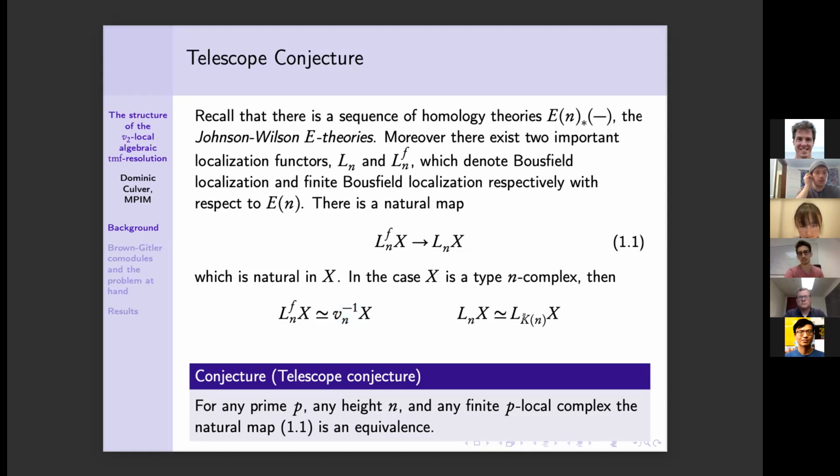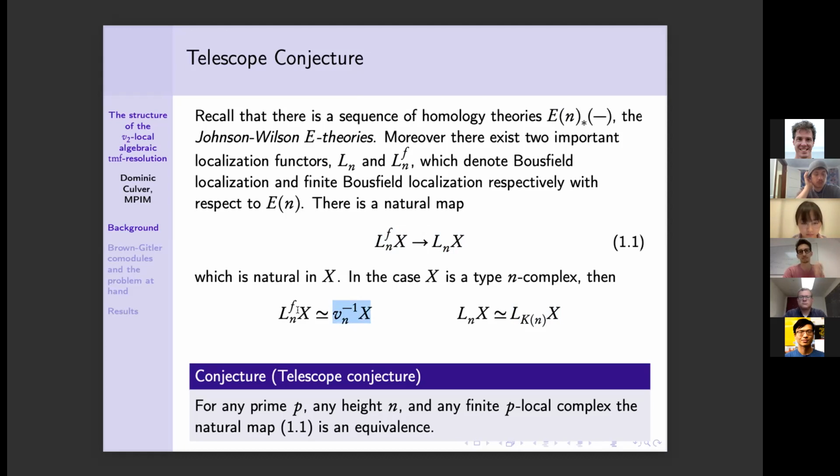But on the other hand, so in some sense, this is like the right thing to think about. But on the other hand, the K(n) localization is nice because we know that there's a lot of really nice looking spectral sequences, which are related to things like formal groups and cohomology of the Morava stabilizer group and stuff like that, which computes the homotopy of this. So it would be really nice if these things were the same. So that way I could use all these different computational techniques to study this and then be able to say